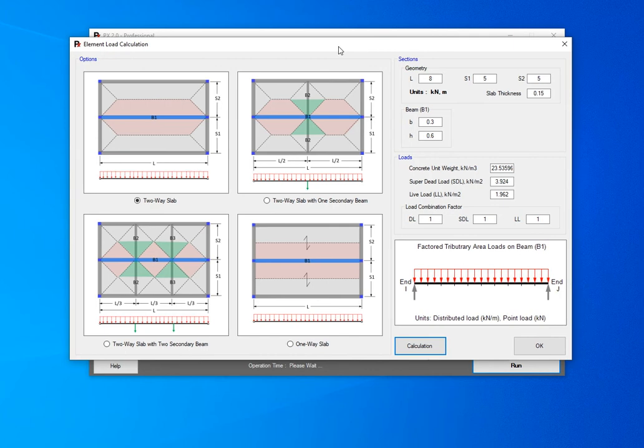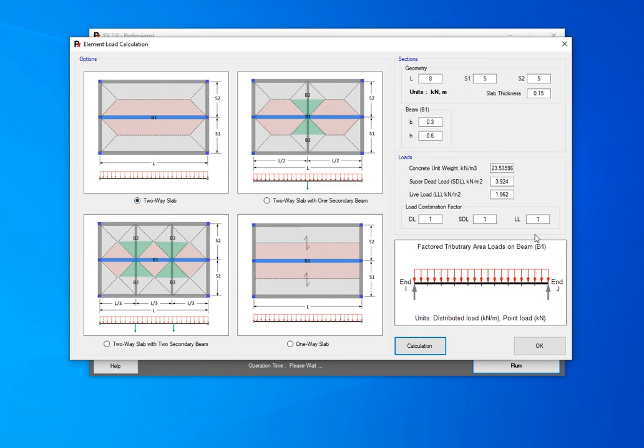In this option, you can choose from four options. This is the main beam that will calculate the load, highlighted in blue color. You can use it for a two-way slab with one secondary beam, a two-way slab with two secondary beams, or you can use a one-way slab here.